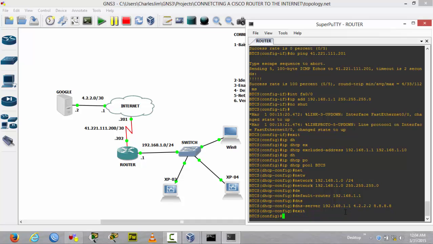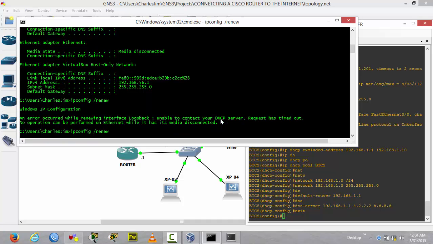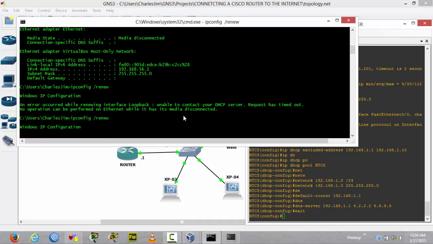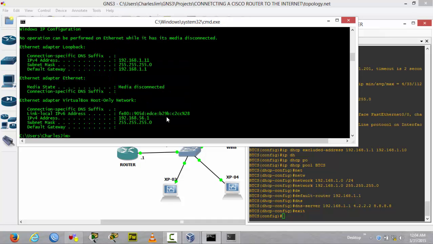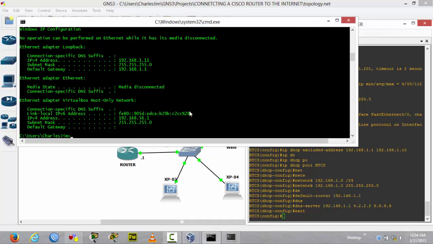The moment we are exiting, it's like we have enabled the DHCP to take place. So if you go there and say ipconfig /renew, you see that you have an IP address assigned. As you can see right there, 192.168.1.1 with this mask, the prefix 24 has been given there. I'm using Avast, so it alerts us that we are connected to a certain network. So if we run ipconfig,